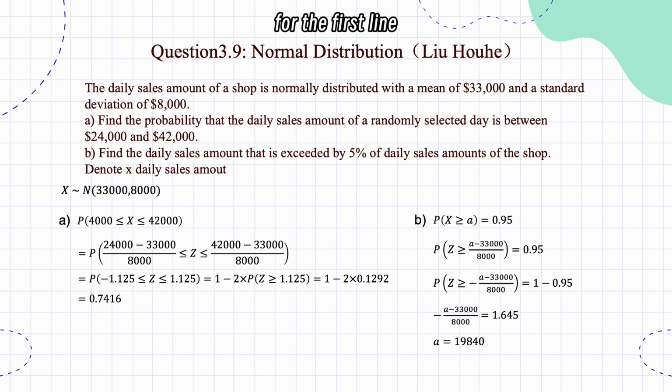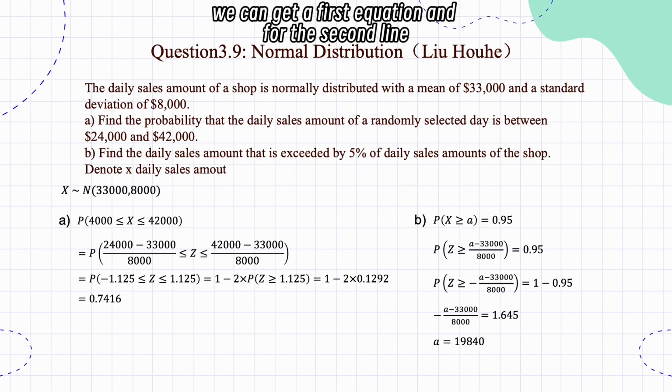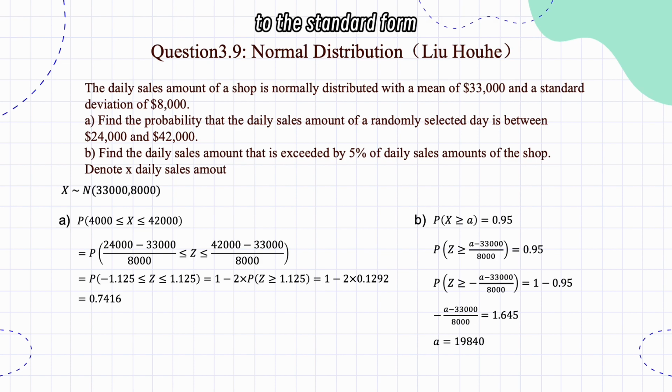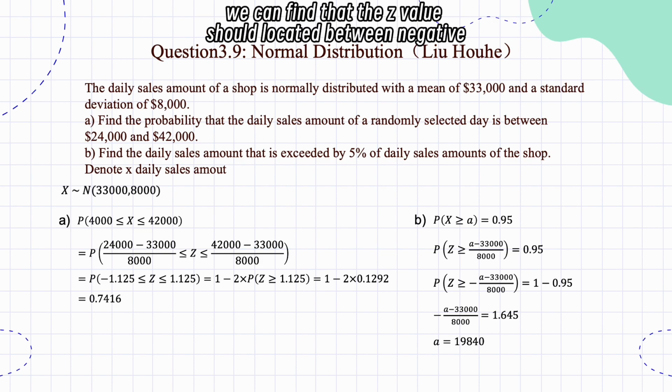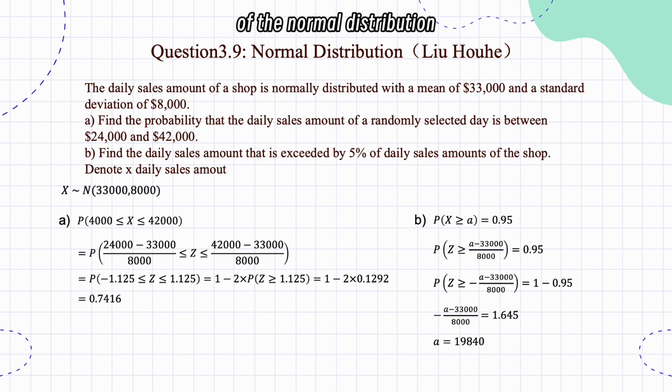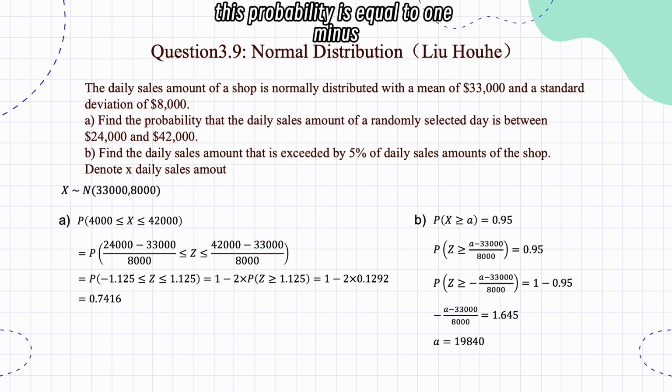For the first line, we get the first equation, and for the second line, we need to normalize this normal distribution to the standard form. After normalizing, we find that the z value is located between negative 1.125 and positive 1.125. Due to the symmetric property of the normal distribution, this probability is equal to 1 minus 2 multiplied by the probability that z is larger than 1.125. And from the normal distribution table, we get that the result is